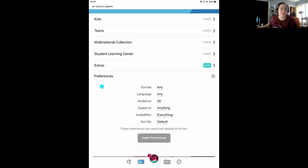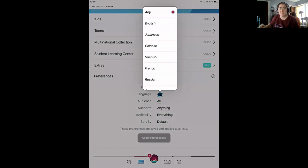So some examples of why you might set a preference. My favorite way is language. So despite my French teacher's best efforts,